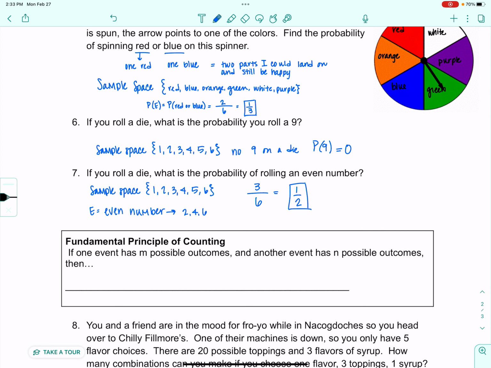That is it for basic probability. In the next part, we will take a look at the fundamental principle